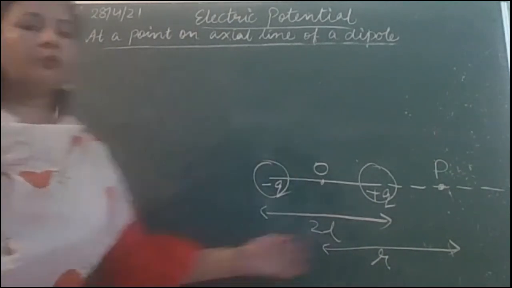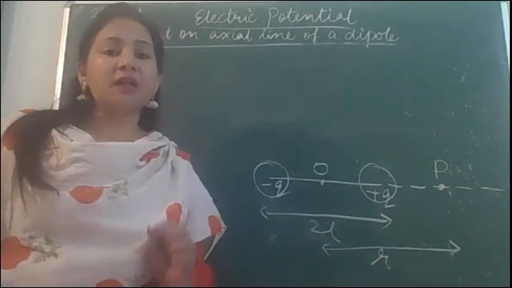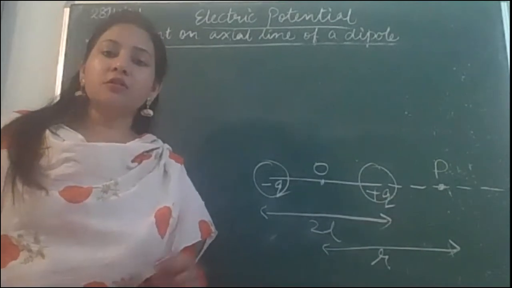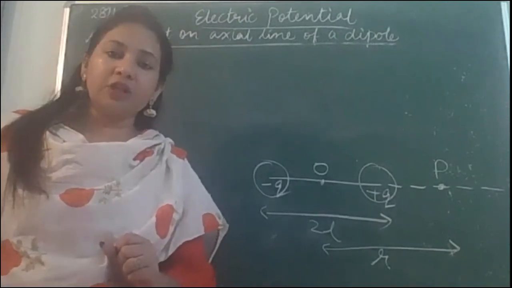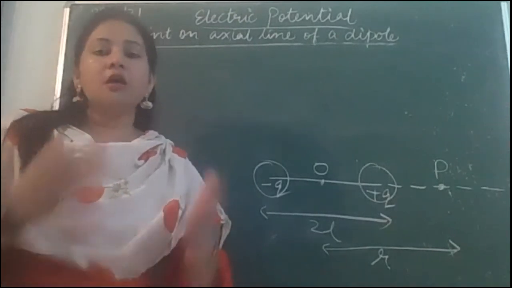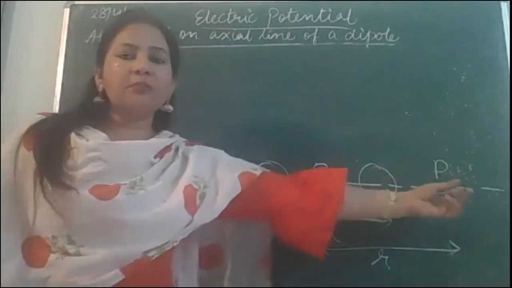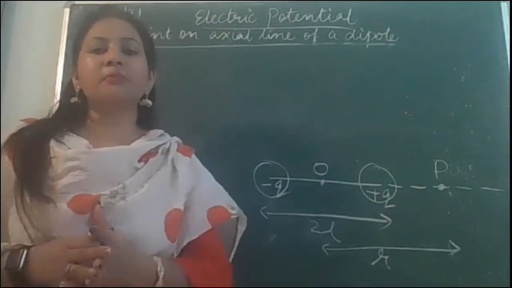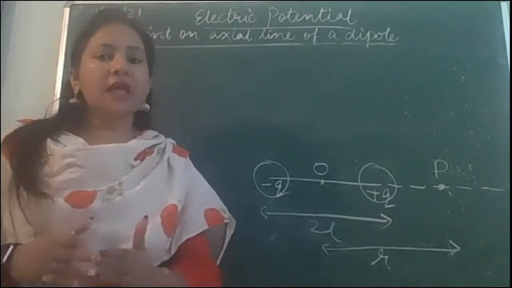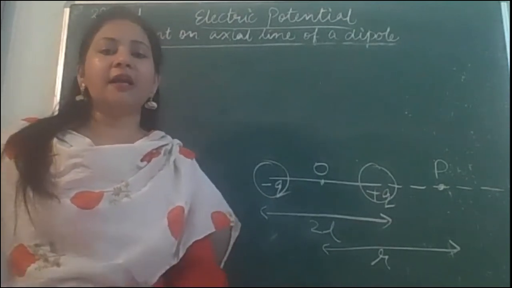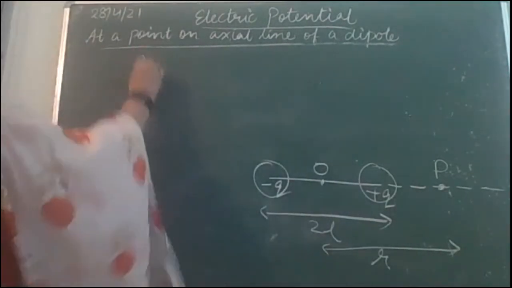Here you do not have to mark any direction because potential is a scalar quantity. So dealing with potential is very simple in comparison to electric field intensity or electric force. Just write the potential due to minus q charge at P, and due to plus q charge at P, and simply add the potentials like real numbers, like scalars. We need not take any direction or see the resultant. Always we'll add the potentials.